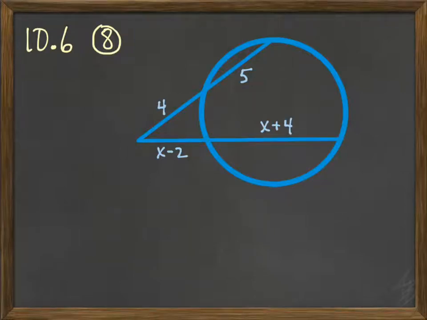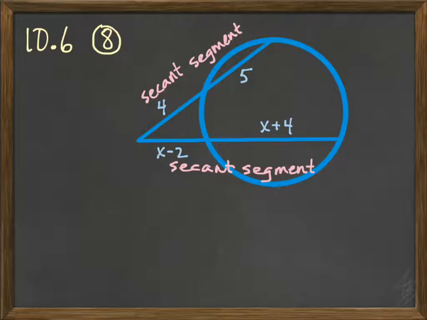We have here problem number 8 from section 10.6 in the book. In this problem we have two segments related to a circle. They're both secant segments because they have one endpoint on the circle and the other endpoint is outside of the circle. And because we have two secant segments, we can use theorem 10.15 from the book, which says that the